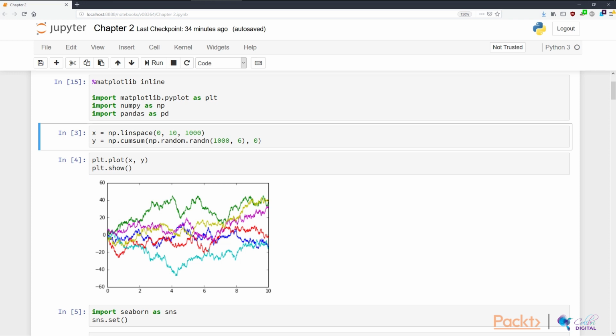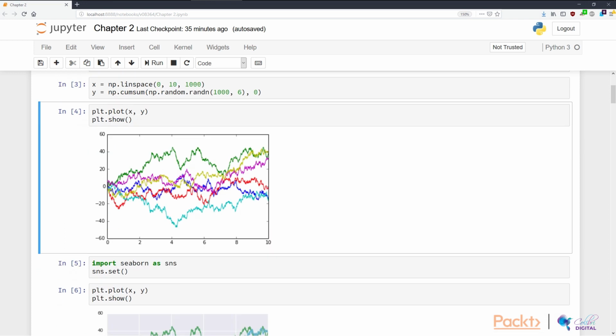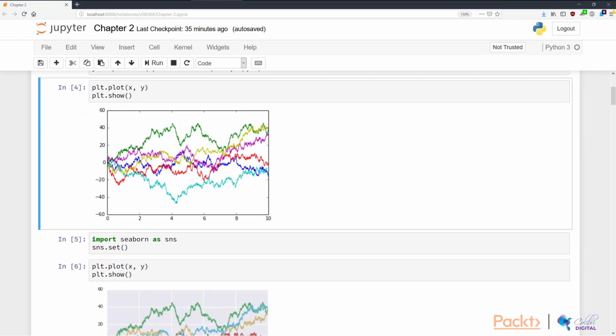After we've got this random and dummy data, we can proceed to plot this data out. In N4, we're calling plt.plot, feeding in x and y, and then calling plt.show to show this chart. As you can see, the 6 time series or random walk series of data appears on the graph no problem, as a line graph. There are colors to distinguish between different series, and that's all well and good, but it